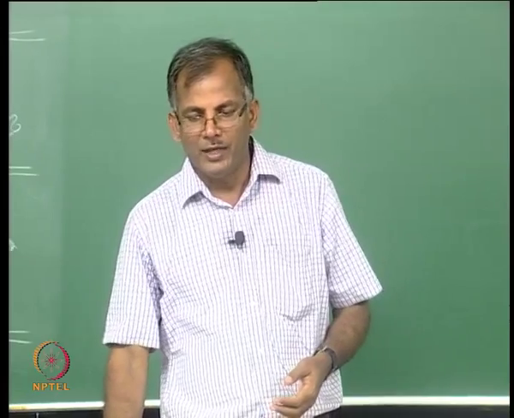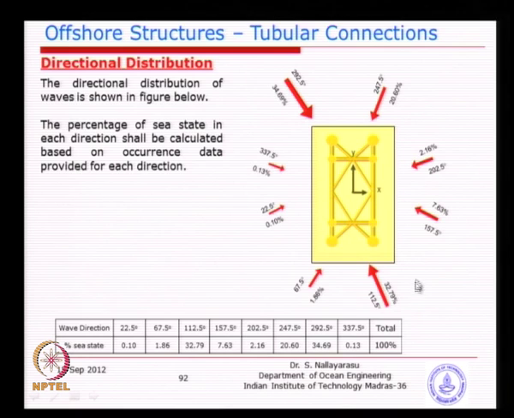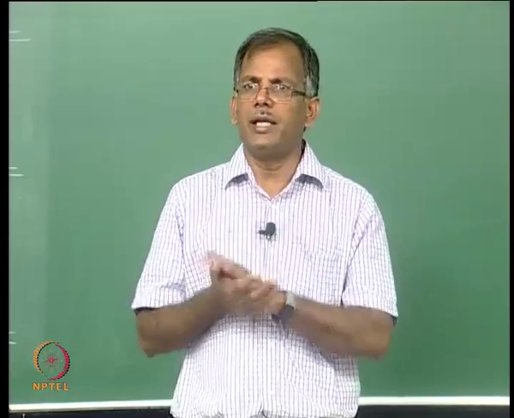That is why we cumulatively group them: any wave direction between this point and this point is added to this direction, meaning it is represented by one particular direction, rather than doing an analysis for every direction that I would encounter at site, because this is to simplify the design calculations. Otherwise, you will end up with too many variables and too many wave directions, and we cannot actually do it.